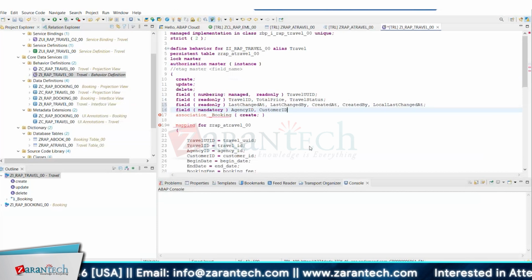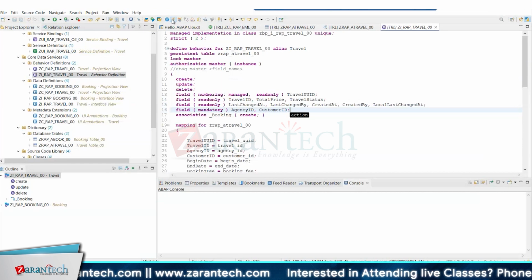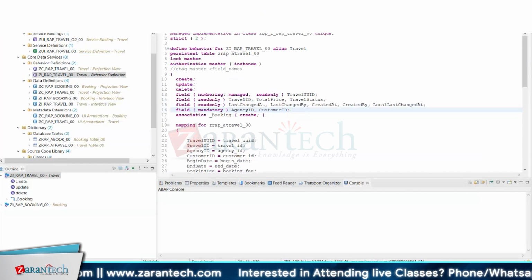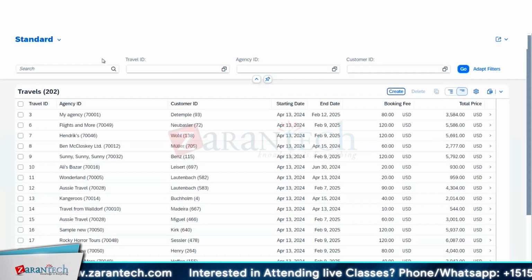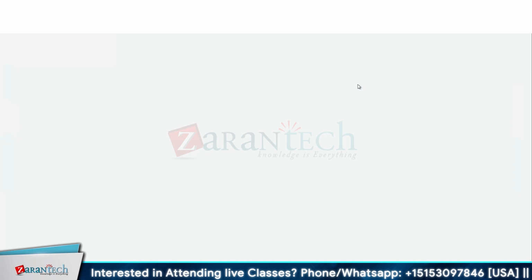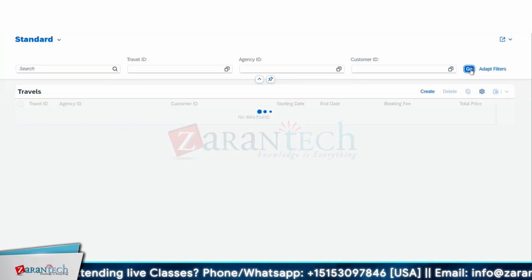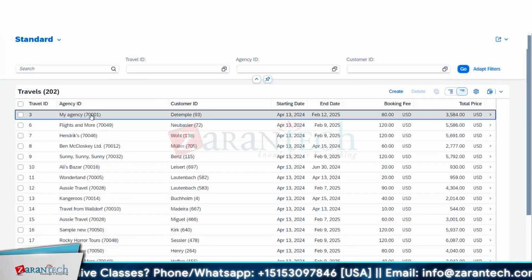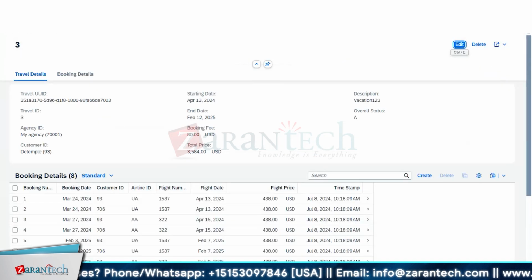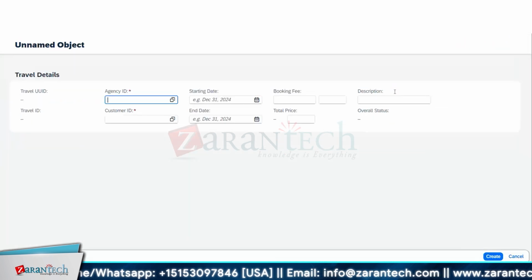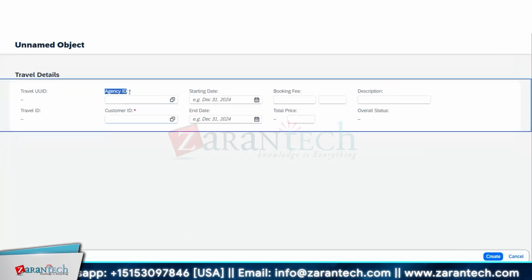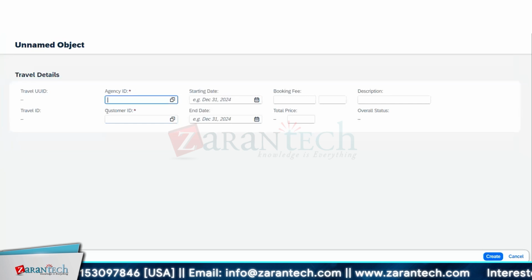Now you see, activate the changes. Go to your application, refresh. Let me go for entries, not here. Let me go for create. Now you see my agency ID is marked with the asterisk mark. My customer ID also marked with the asterisk mark, red color asterisk mark, indicating that these two are the mandatory